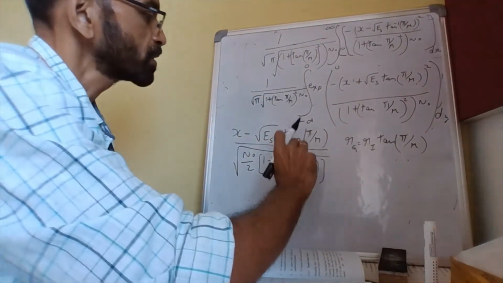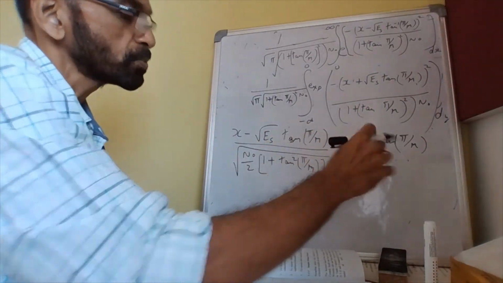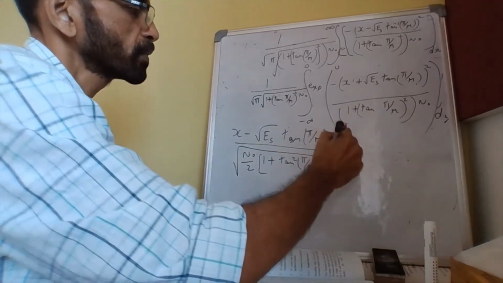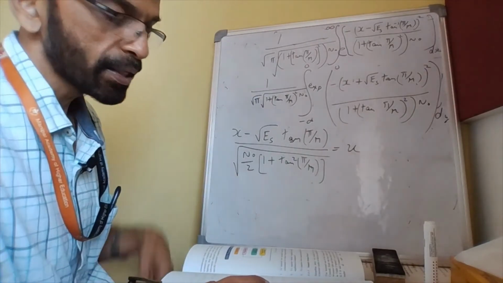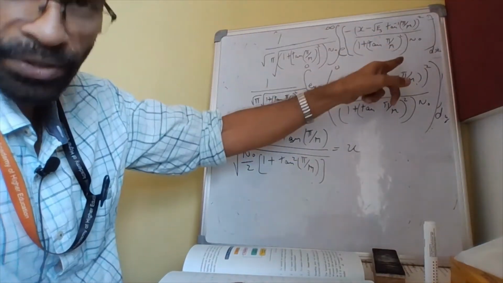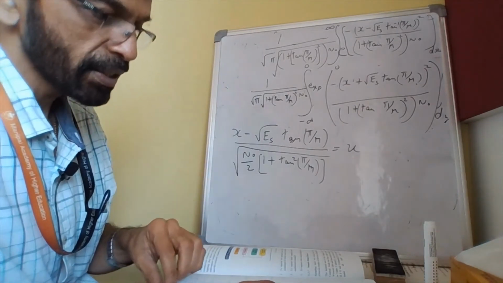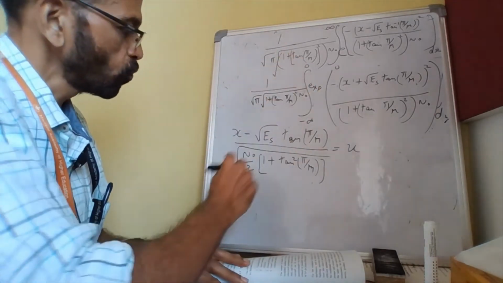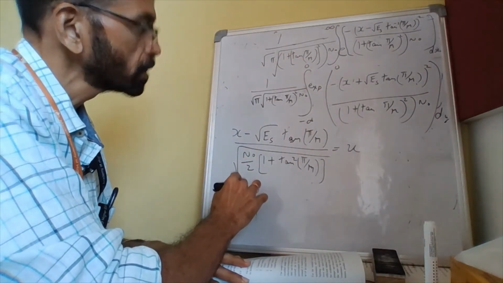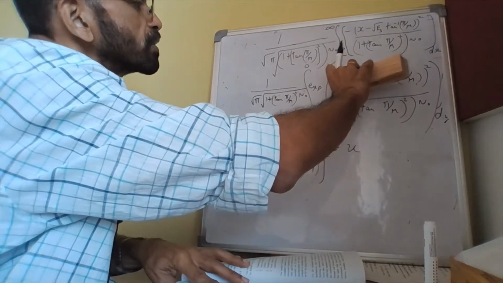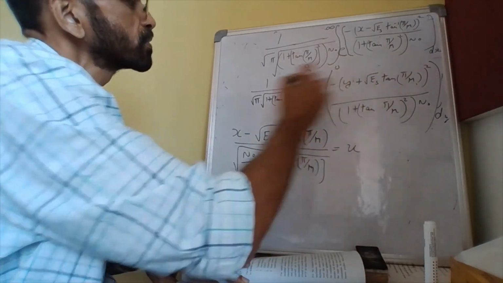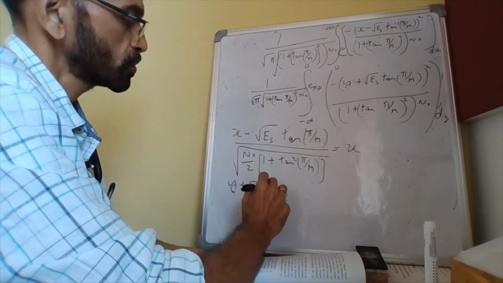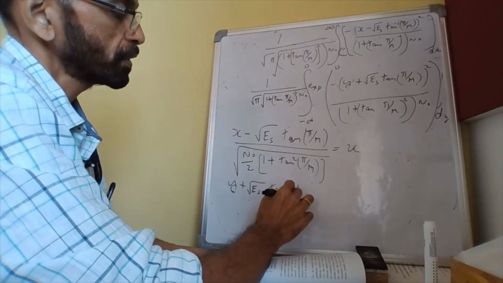It's better that I caught that mistake now itself. Okay, so make a substitution here. Call this as u, and then make the substitution and evaluate this. Similarly, make a substitution, say y plus root Es tan pi by m, this must have been y, an error because I had y here. So y plus root Es tan pi by m